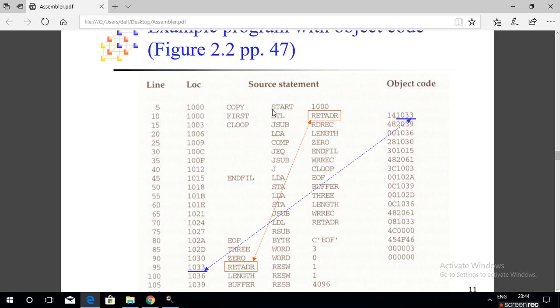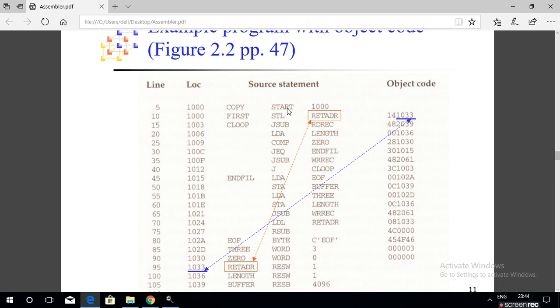Read the first input line, read the opcode. Here the opcode is START. If opcode equals START, then save the operand as the starting address.